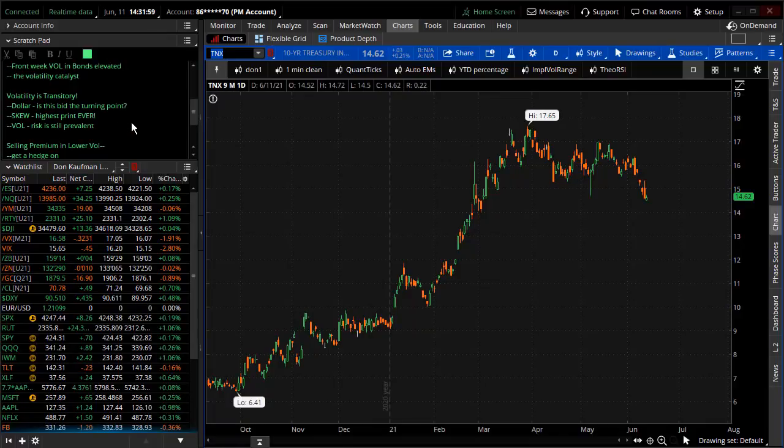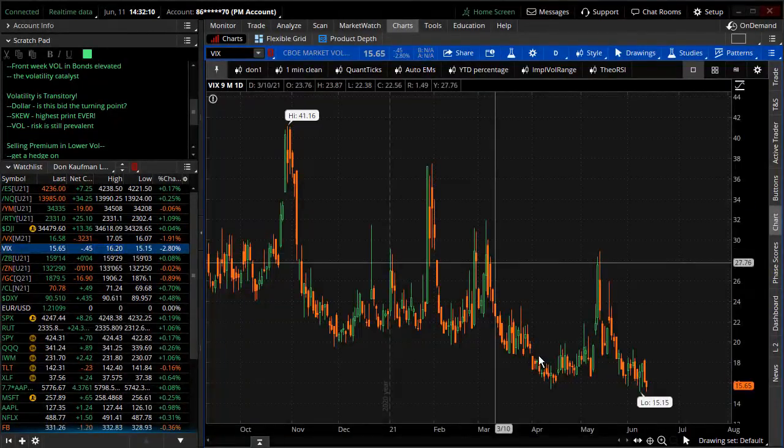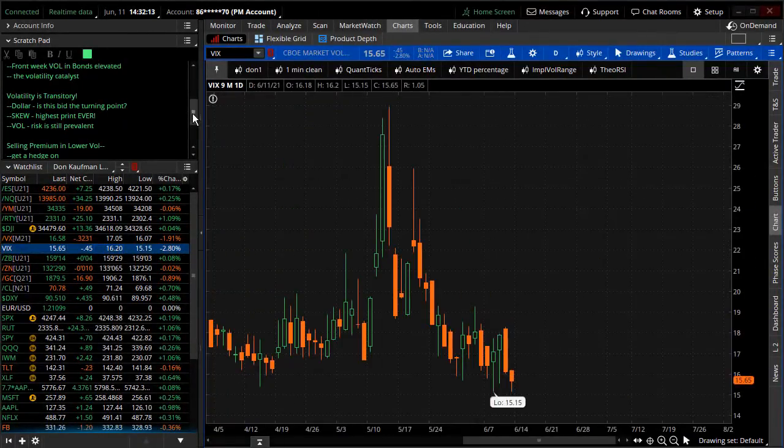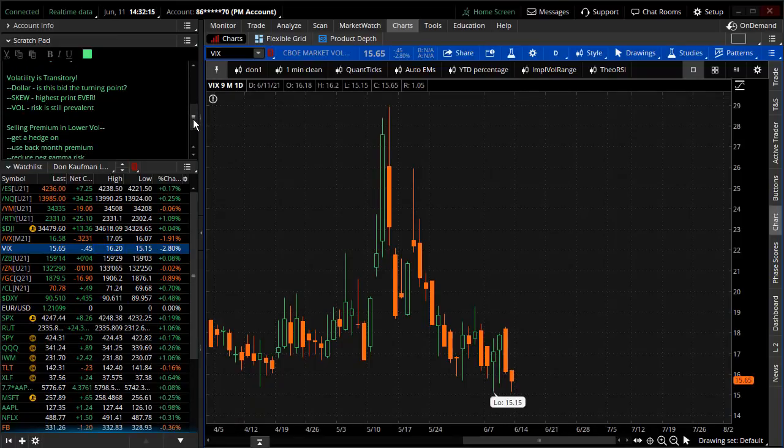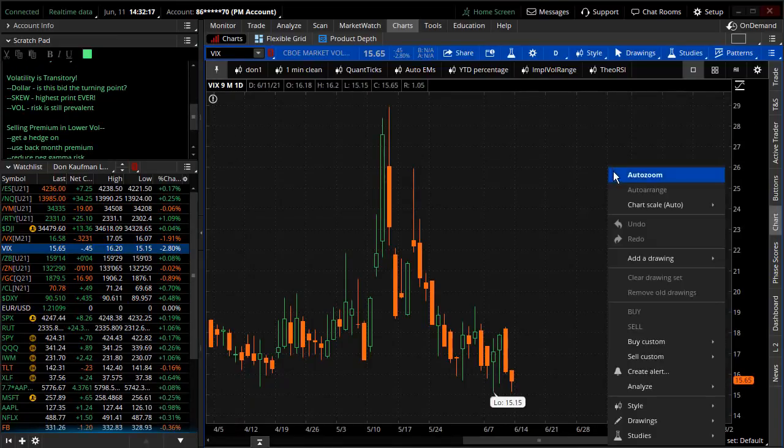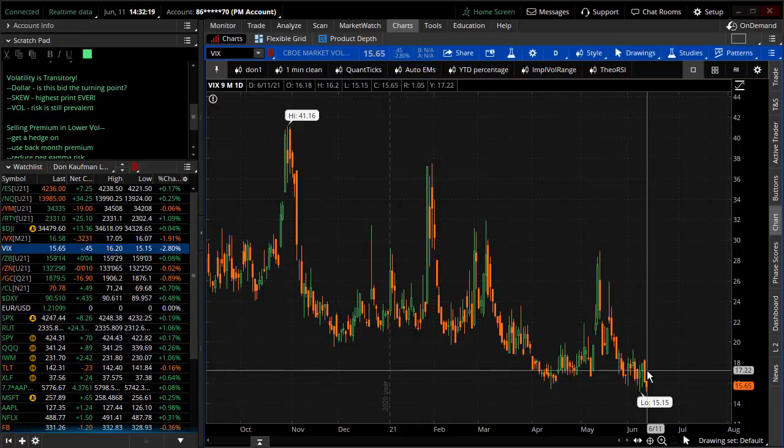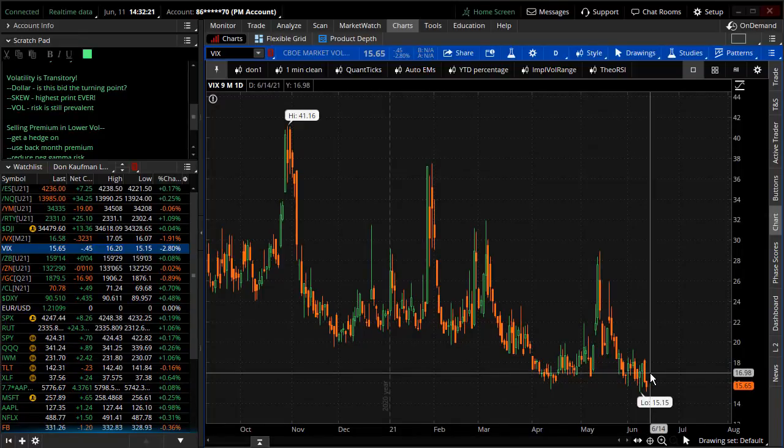All right. Next topic of conversation, volatility is transitory. Listen, all I was trying to point out with volatility is transitory is that volatility is lying dead on the floor. Now you can look at the VIX all day long, and I'm serious about this. The VIX is just not displaying some of the real risk in the marketplace, because the VIX against 30-day implied volatility, the SPX, there are a couple things that are still displaying degrees of risk.